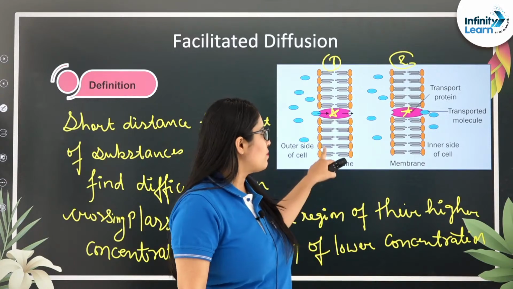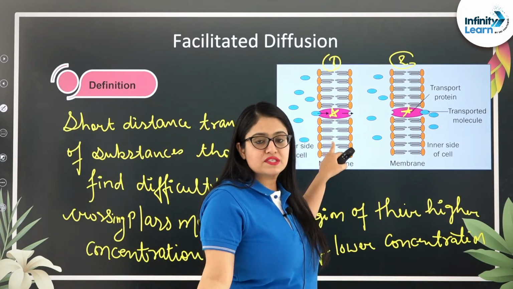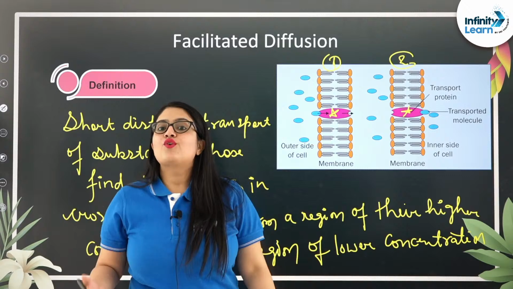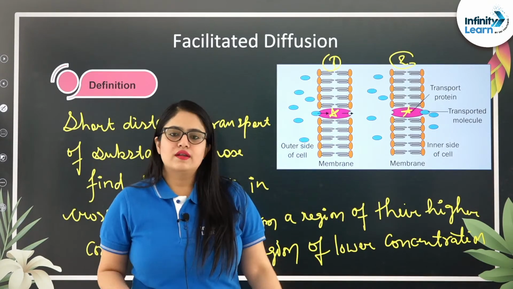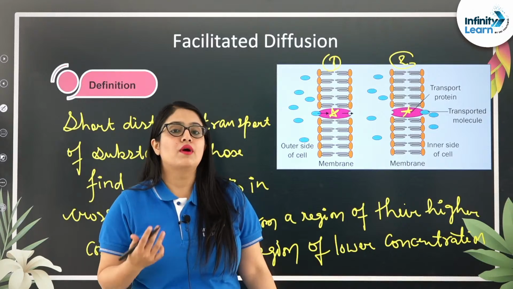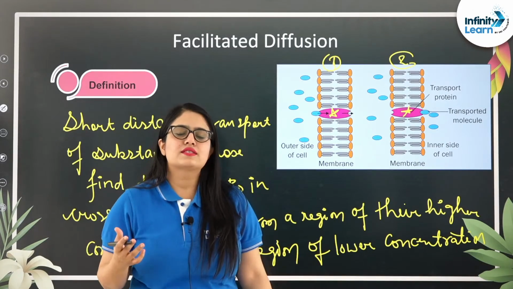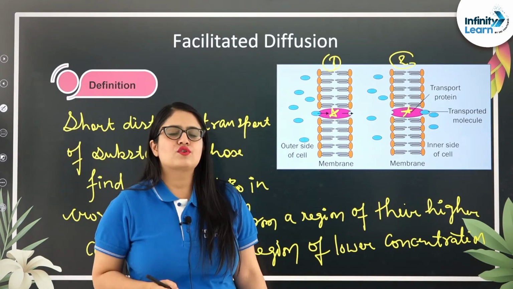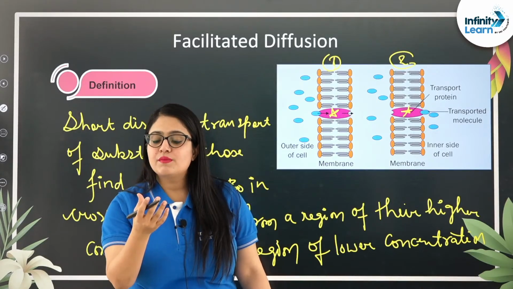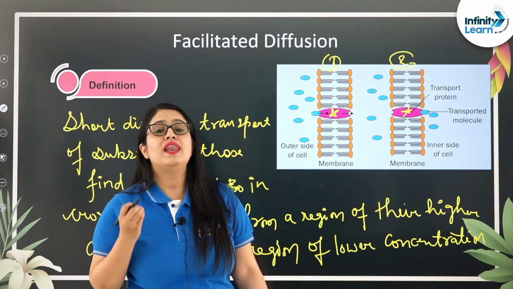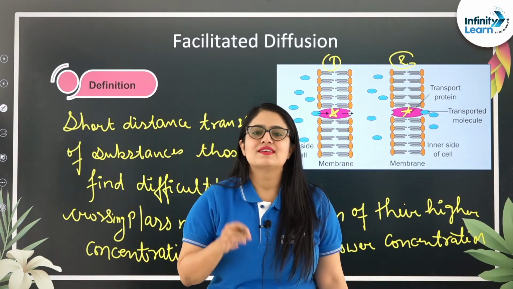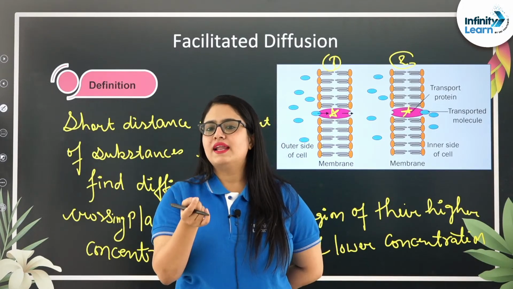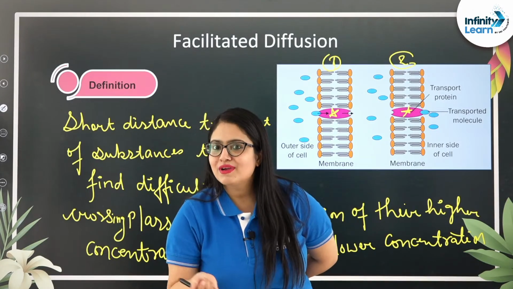So, see students, the materials or molecules or substances need to cross the plasma membrane, right? If I talk about the core of the plasma membrane, you must have studied when you were studying about the cell, the unit of life. There a detailed description about the structure of the plasma membrane is given. So, remember from those classes, the core of the plasma membrane is made up of lipid bilayer. Yes, my kids. The core of the plasma membrane is made up of lipid bilayer, and if I talk about the biochemical nature of the lipid, it is